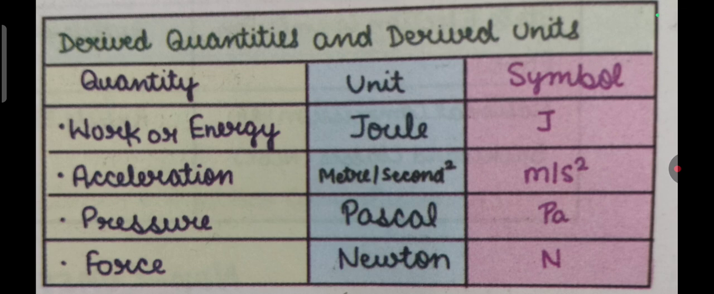Then force, whose formula is mass into acceleration, and unit will be kg meter per second square. This combination is given the special name Newton, represented by capital N. And then pressure, whose formula is force per unit area. So its unit will be Newton per meter square, which is called Pascal and represented by capital P